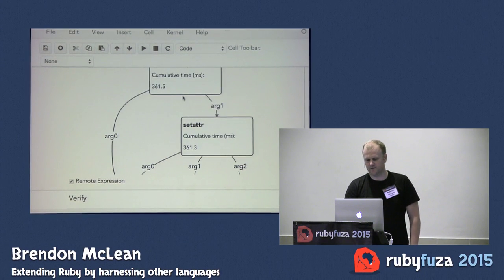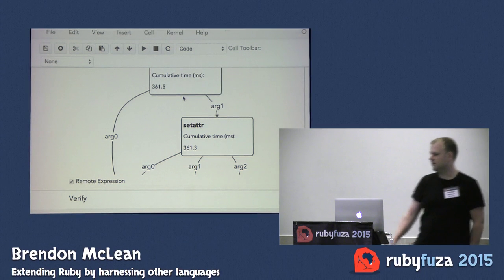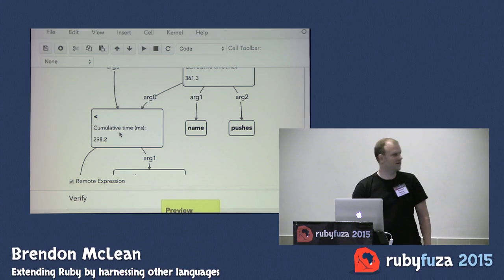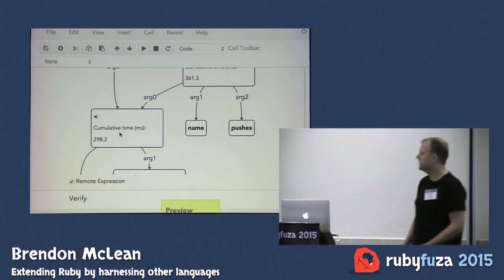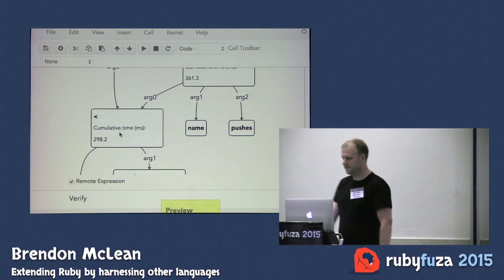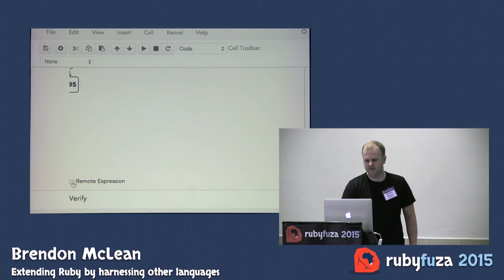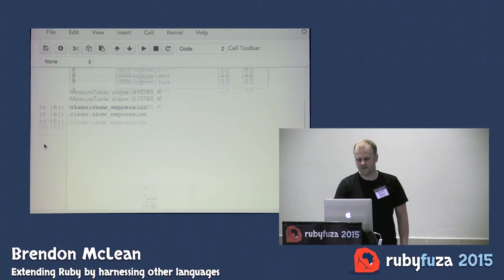And the cool thing about that is we get things like cumulative time. We can actually see how long the nodes have been taking to render and where the time is being used. So we get a fairly deep insight into what's going on the server. And we can do animation, and that's cool. And finally, the other cool thing that we can do is